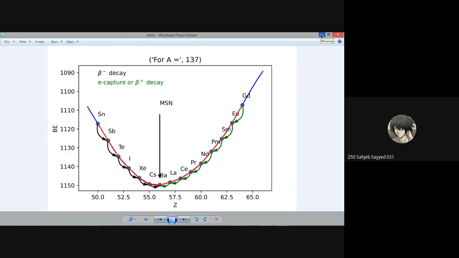Also, I would like to explain this mass parabola. The elements on either side, for example in this case tin and others, are the unstable ones, and they will undergo decay reactions. The elements on the left hand side of the parabola have a lower atomic number, so they have more neutrons. These elements on the left hand side will undergo beta minus decay. The elements on the right hand side of the parabola have a higher Z value, so their atomic number is more, they have more protons, and therefore they will undergo electron capture or beta plus decay.